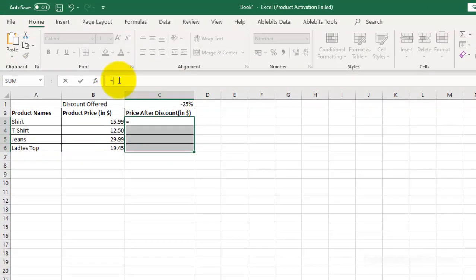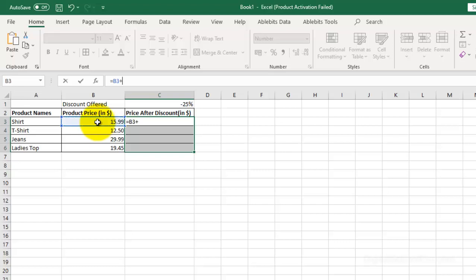and then give equal sign and then refer to this cell which is B3, the product price, the current price before the discount, okay, for the shirt which is 15.99. So just select this